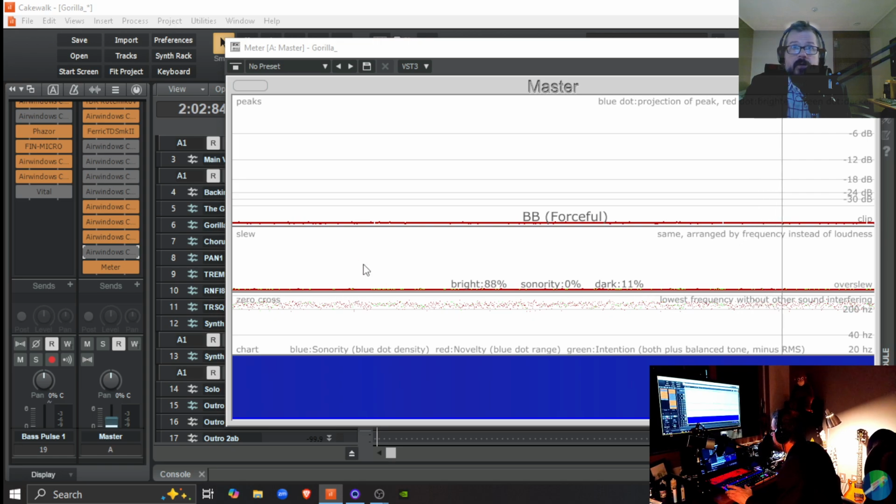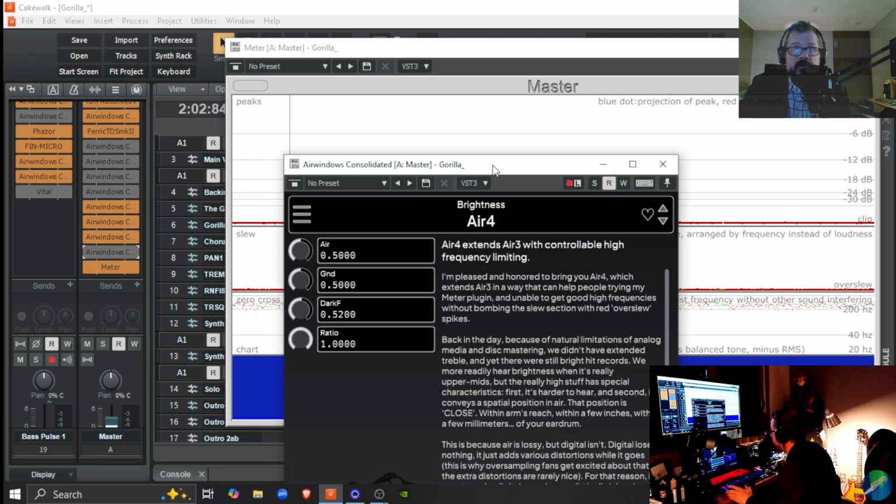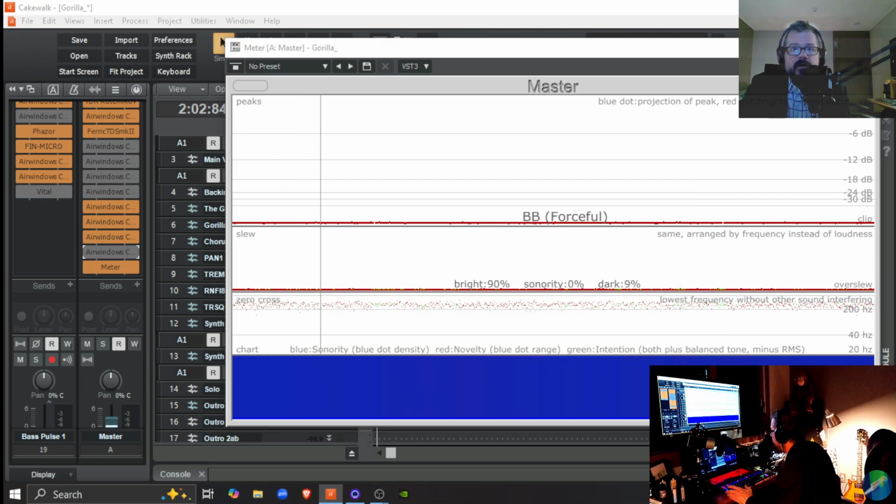You'll see these red spikes going up here where the trebles are overslewing. And when I kick in Air 4, that's going to go away. But you're not going to hear any loss of perceived brightness. But this does make a difference over time. Having this on does prevent fatigue.